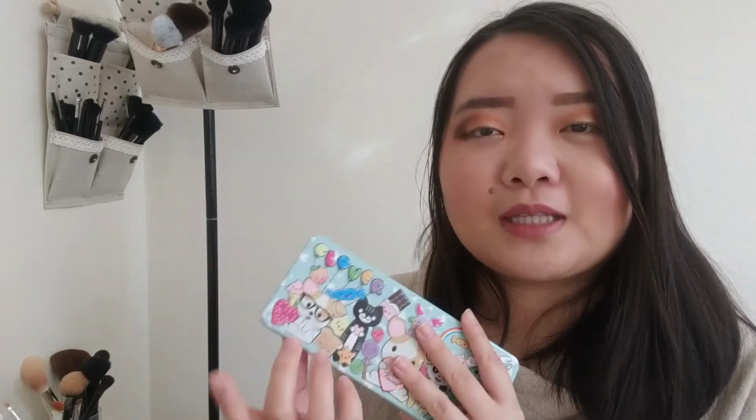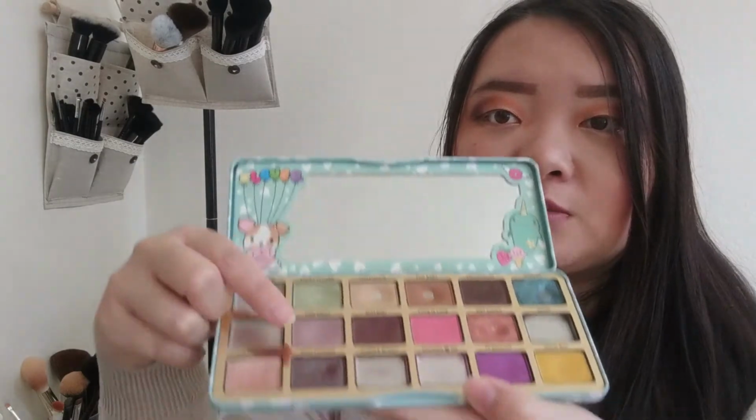But yeah, the shadow, I feel like it's starting to go, but I also feel like it's very infinite. Like, I keep using it, and I use a lot of it whenever I use it because it's kind of faint now, and I still haven't hit pan on it yet. And this eyeshadow wasn't brand new like my Clover one was. That one, or like Lucky Clover, the green in here, was pretty much untouched. This one, however, was really well loved already, and I don't know how I haven't hit pan on it yet. But I'm going to keep working at it, and I'm sure in November I will get a lot more use out of it